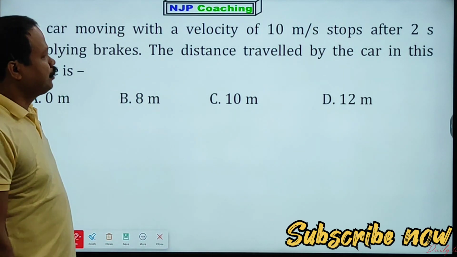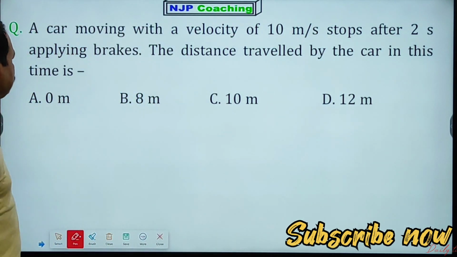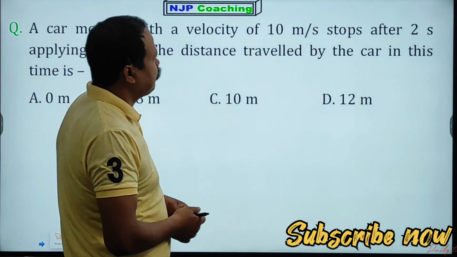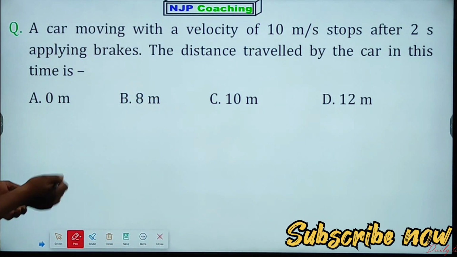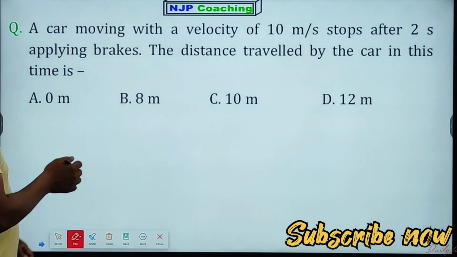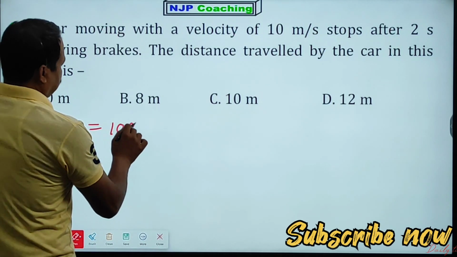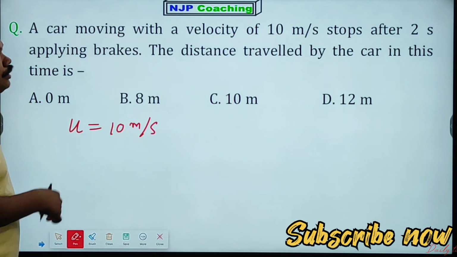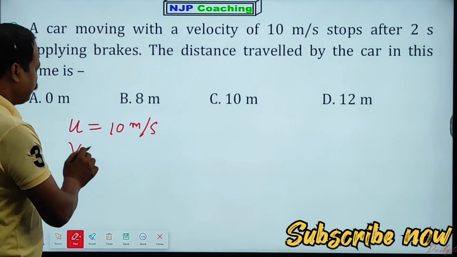A car moving with a velocity of 10 meter per second stops after 2 seconds on applying brakes. The distance travelled by the car in this time is? The initial velocity of the car is 10 meter per second. The car stops, that means the final velocity is